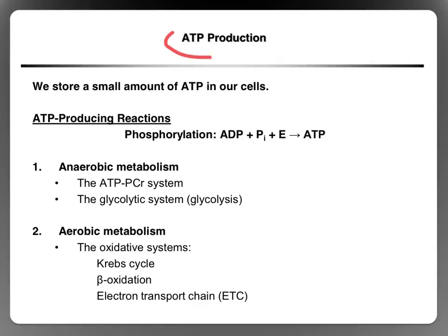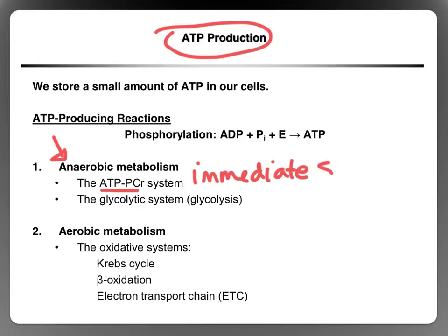All right, so we're talking about ATP production. More specifically, we're talking about anaerobic ATP production. We've already talked about the ATP PCR system, which we call the immediate energy system, because when we run out of ATP, the first system that kicks in immediately to replace that ATP is the ATP PCR system. So it's the first system to kick in. It's very quick, it's very simple. It produces a lot of ATP in a short period of time, but it only lasts for 10 to 15